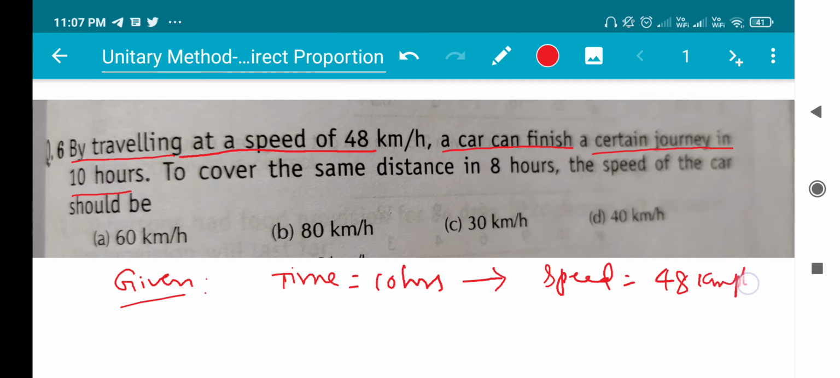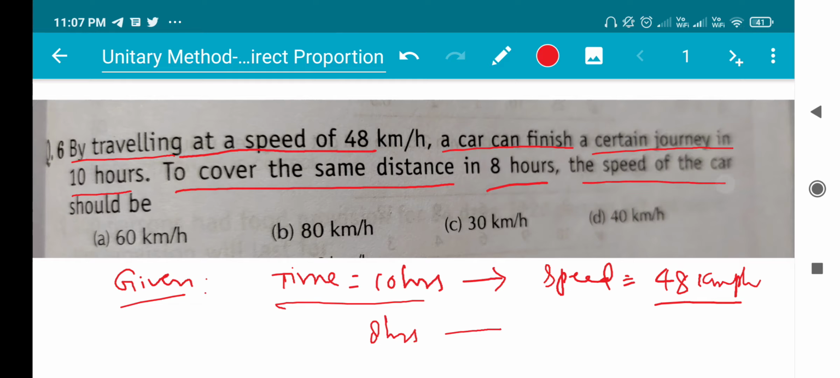km per hour. By traveling at a speed of 48 km per hour, a car can finish a certain journey in 10 hours. In 10 hours' time, with the speed of 48 km per hour, a journey is completed. So what happened next? To cover the same distance in 8 hours, the speed of the car should be...